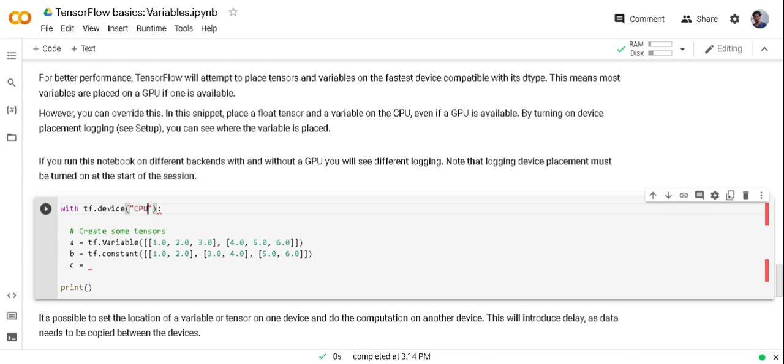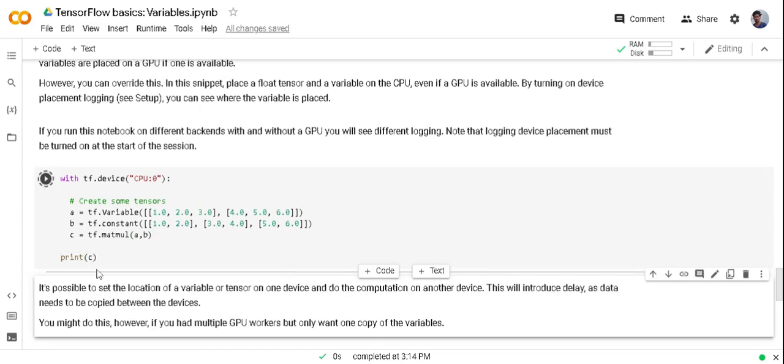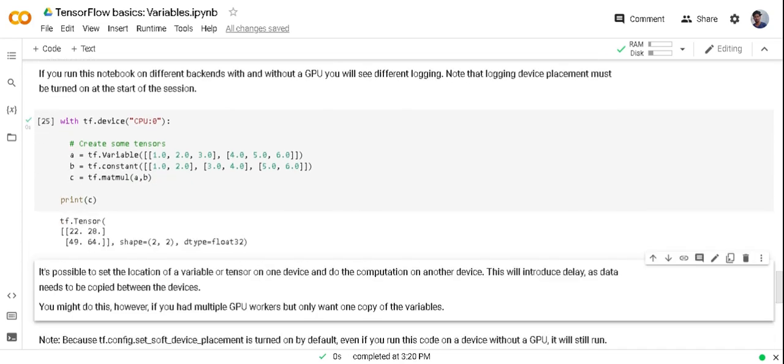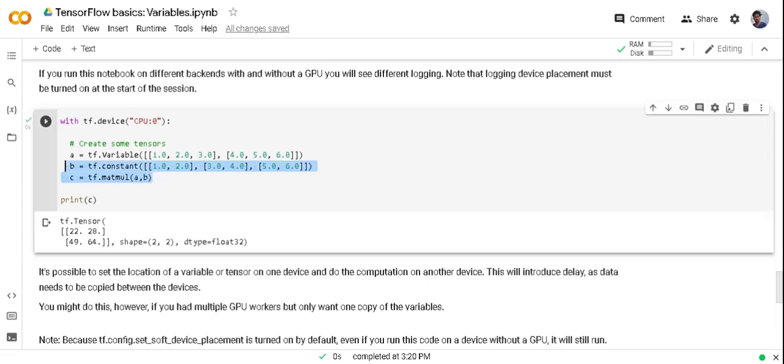So here the variable and tensor will use the CPU device, and this calculation A, B and C also goes to the CPU. Every line of code runs on the CPU because I forcefully decided to use the CPU.